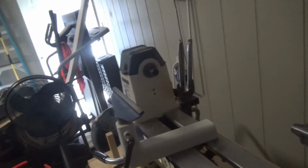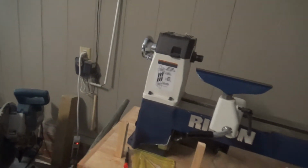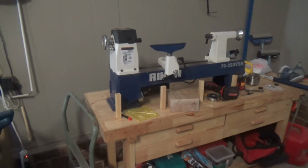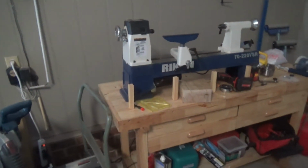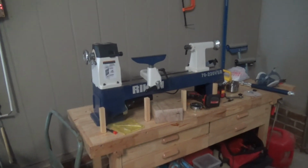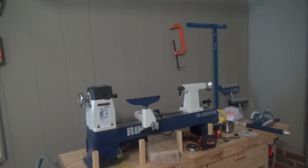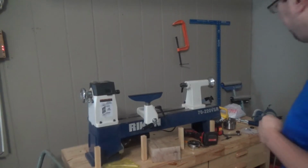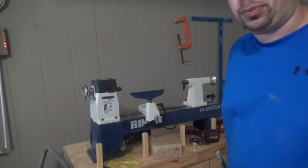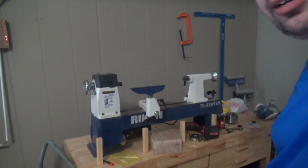But that's pretty much the whole lathe. There are some additional features, some different accessories, but those are for another topic. So with that, that's pretty much the parts of the lathe. But I also need to go through the chisels. Now,